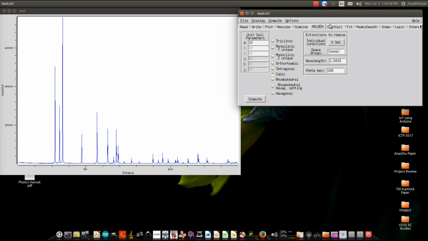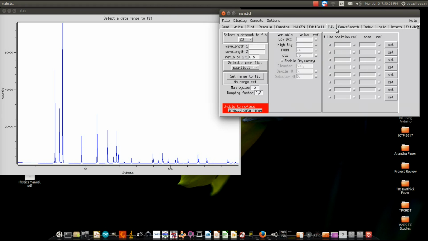unique operations in these tabs. In any X-ray diffraction analysis, the first thing we have to do is fit the peaks. For that we have a tab called fit here. Before starting the fitting procedure, we have to give the wavelength to the software. This diffraction pattern was taken with copper Kα radiation, so we have to give the copper Kα1 and copper Kα2 radiation as input to the software. Copper Kα1 radiation is